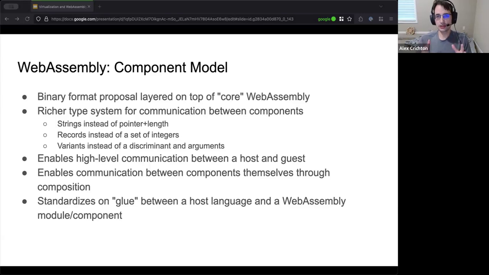The idea is it makes it much easier to communicate between a host and a guest, where on the web, for example, you'd probably have a lot of JavaScript glue saying this integer corresponds to this string, all that fancy stuff, but we don't have that in the out-of-browser use case. So this is a standard set of meanings for what all these little I32s running around the core module are. They're actually strings when you talk to the host and things like that. This is all what WASI P2 is based on, and it's the way that all APIs are defined. This standardizes on that glue that I was talking about with JavaScript, which we do actually generate for when you run a component on the web right now, but you don't need that off the web. And in theory, eventually one day the web might have native support for components, where you wouldn't need any of that JavaScript glue.